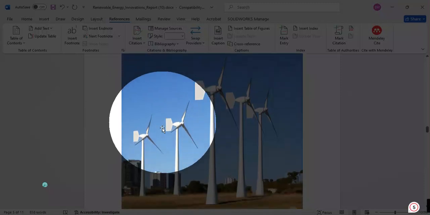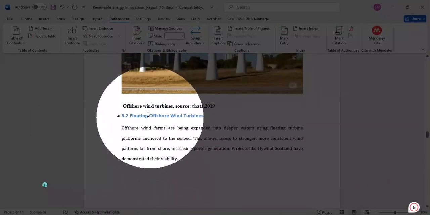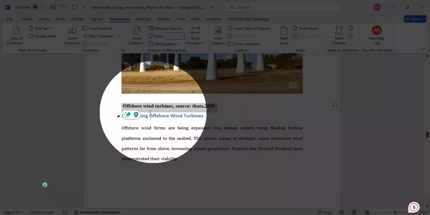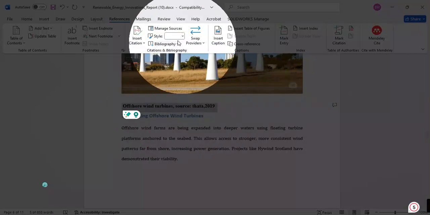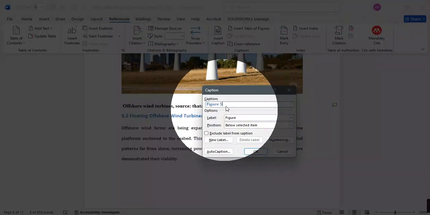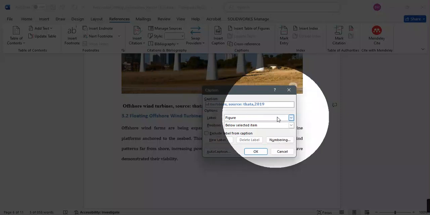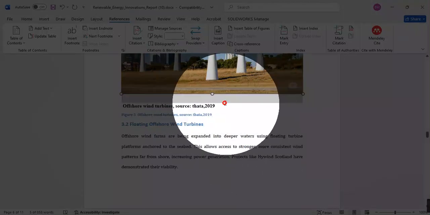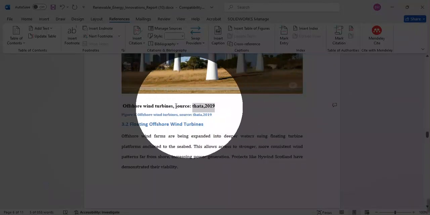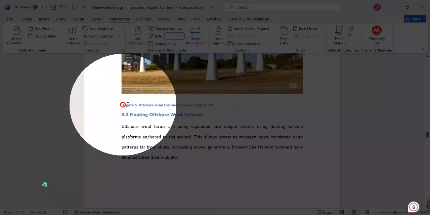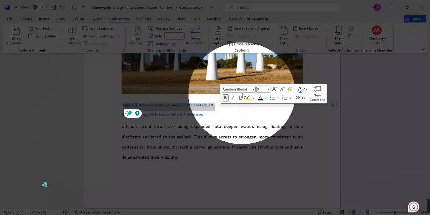We go to another one. This is figure 5. So the same applies. You select the title, Control C, go to Insert Caption, click there. It knows that this is now figure 5. Control V. Okay, this is figure. You can change if it's a table or equation like that. We don't need this guy anymore. You can remove it, and now you can customize